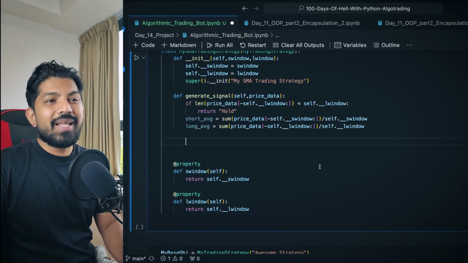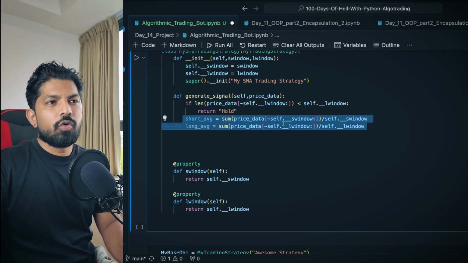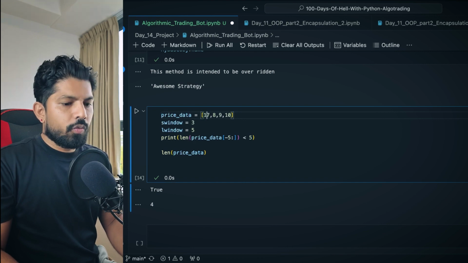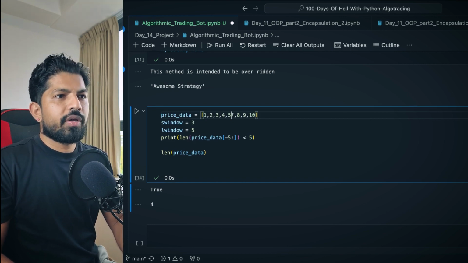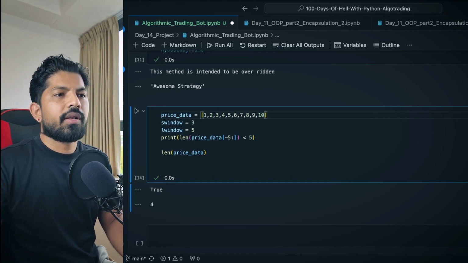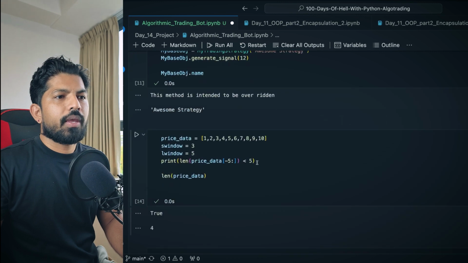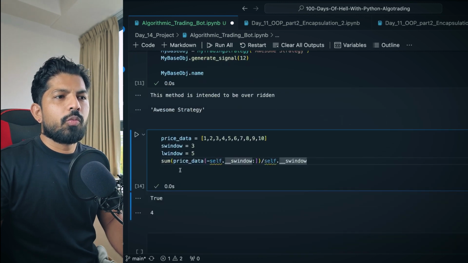Okay, if you want me to explain this also, I can do that quickly. So what is happening here? Let's say I'll add these values 1, 2, 3, 4, 5, 6, and 7, so 1 to 10. And we are calculating the short average, right? So I'll add this formula and remove the self for now.